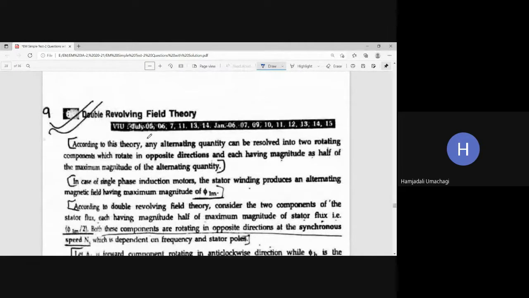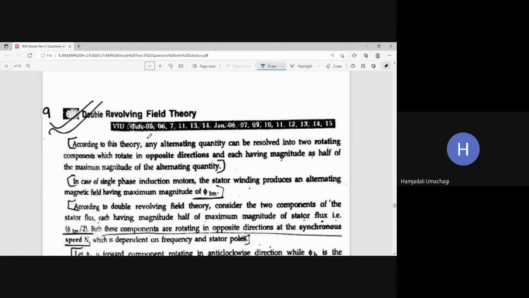So this concept is once again module 4 concept only. Now this is coming under single phase induction motor. So after studying three phase induction motor starter and speed controlling method, now we will see single phase induction motor. Here, the single phase induction motor has a certain drawback, that is it cannot be started.